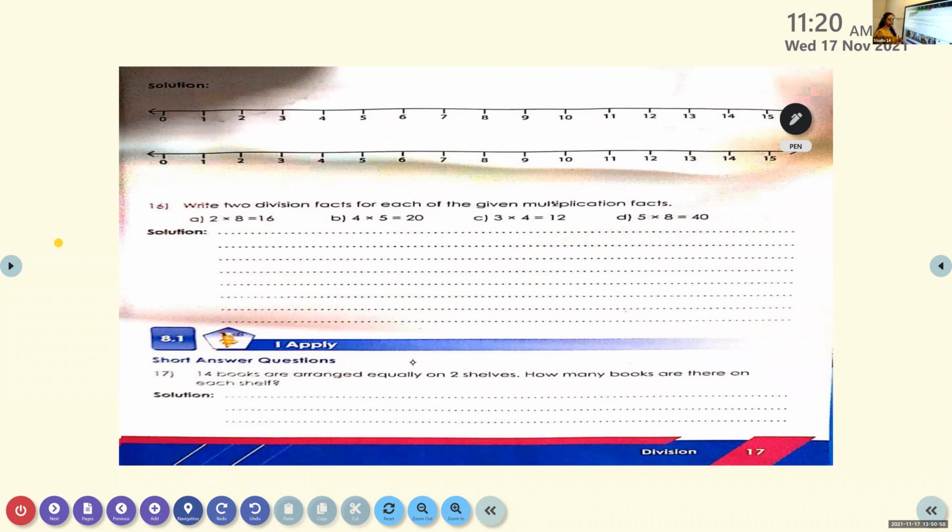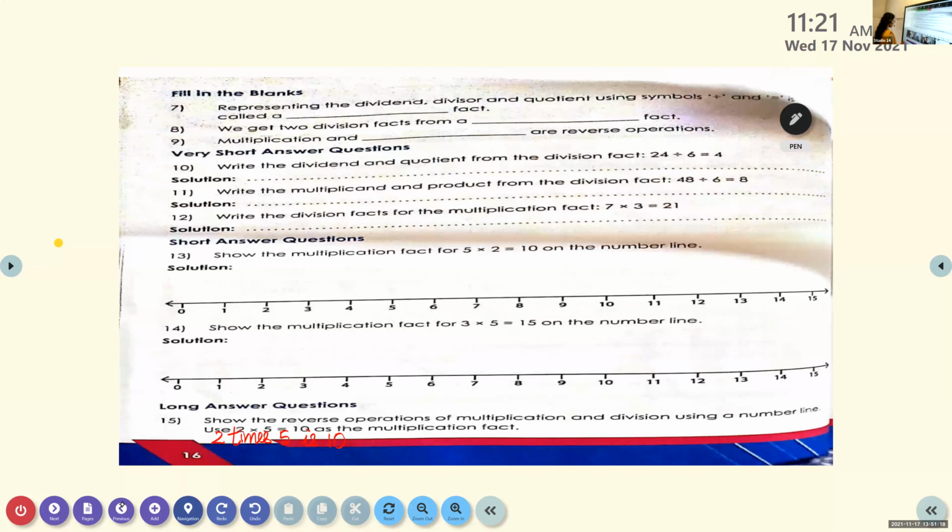In division, we have to start from the biggest one. In multiplication, we have to start from the smallest one. Ma'am, not 10, 0. We have to start from 0. When we do division, we have to start from the biggest one. In multiplication, from the smallest one. So 0. Then after 0? What are the numbers given? 2 and 5. Then 5 we want to circle.